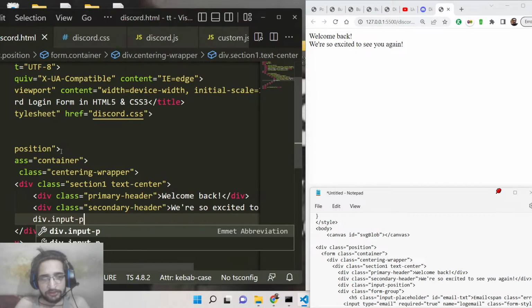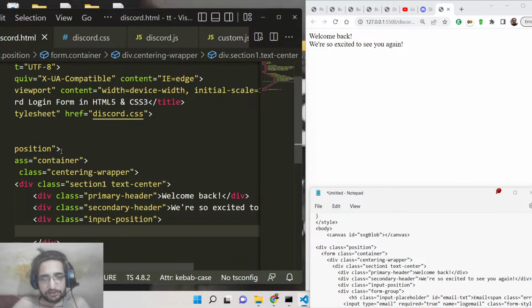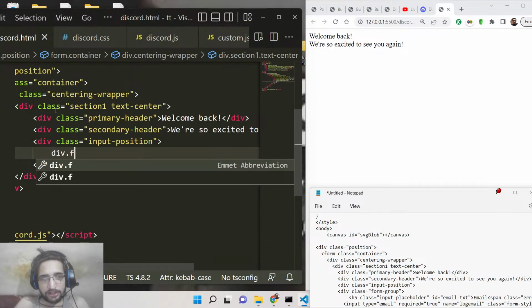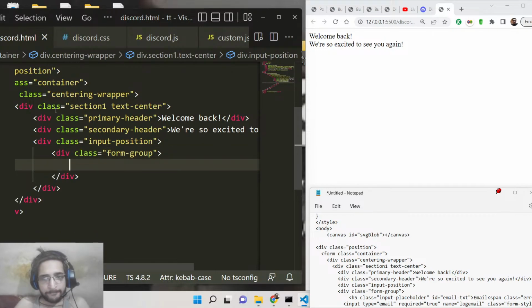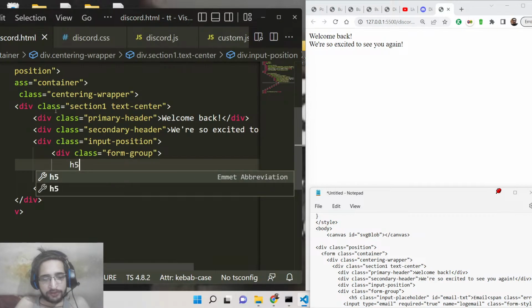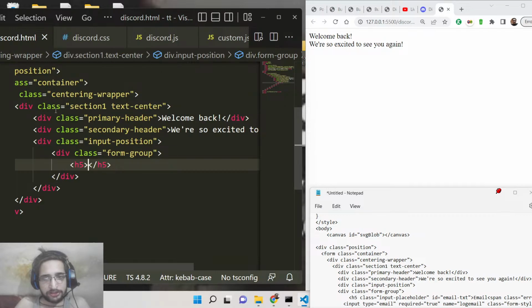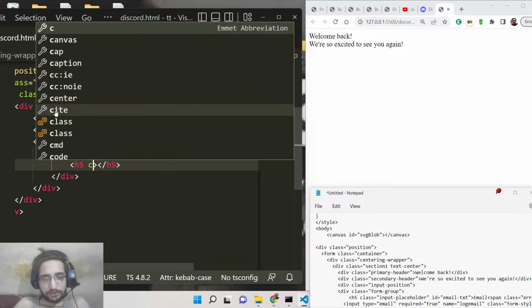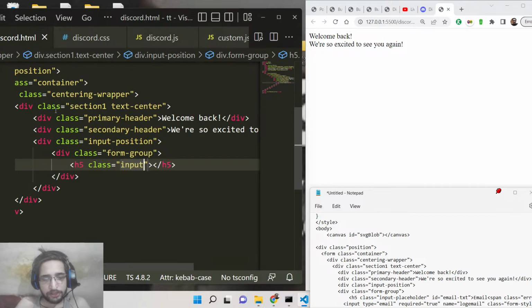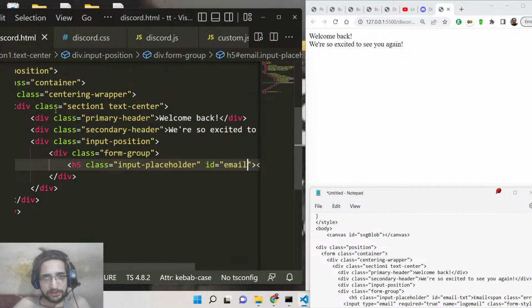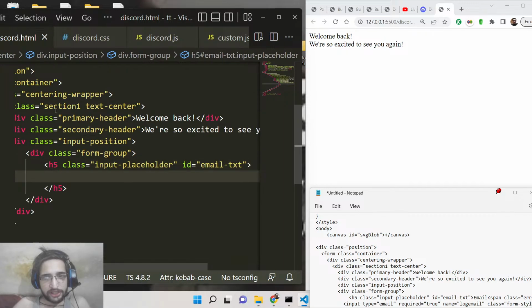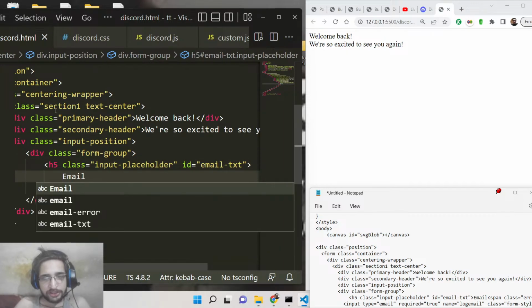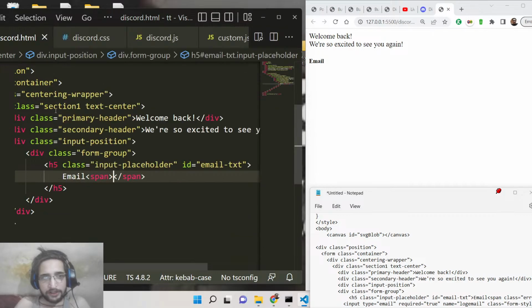And then, guys, we will have the input position class here inside this div, and again we will have form group here, and inside the form group, guys, we will have a h5 heading here. Basically this h5 heading, so we will be giving a class to it of input placeholder, and inside this we will also be giving a ID to it of email text. So inside this h5 tag here guys, we will simply say email, and in the span tag we will simply say